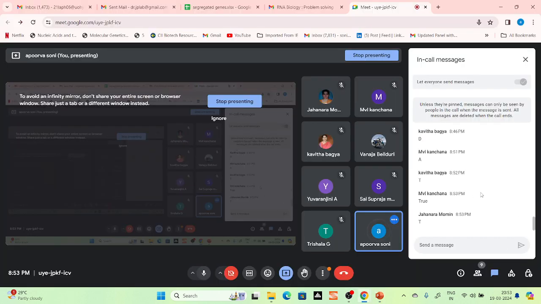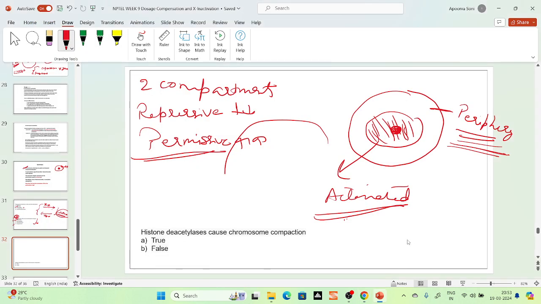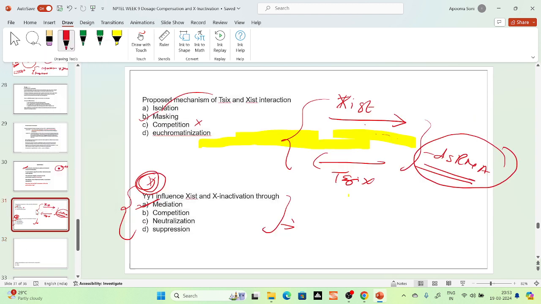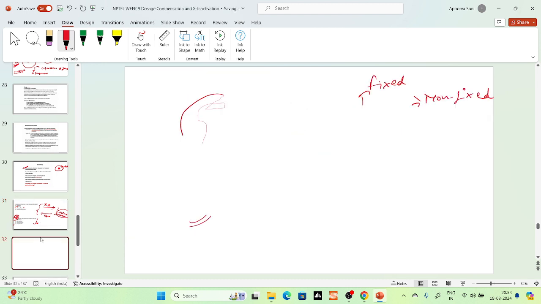Okay. So Kanchana has answered A. Kavita has answered true. Janara has answered true, and Kavita has also answered true. So yes, the correct answer is A, that is true. So I have explained to you that